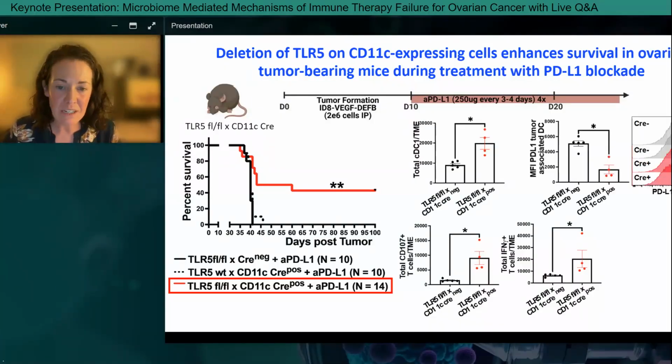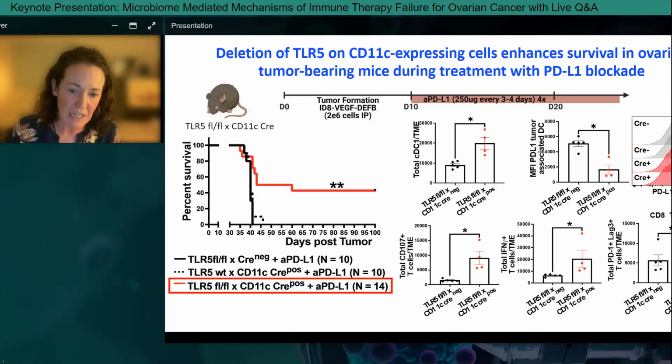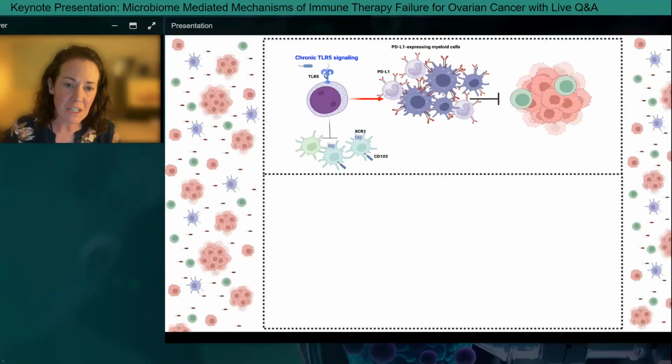On the other hand, in mice with intact TLR5 signaling on their dendritic cells, their dendritic cells overall tended to express much higher levels, even on a per-cell basis, of PD-L1. And this tended to correspond with T cells that were exhibiting signs of exhaustion through the expression of these exhaustion markers, PD-1 and LAG-3. And so these data altogether suggest that chronic TLR5 signaling, presumably on these myeloid precursors, is